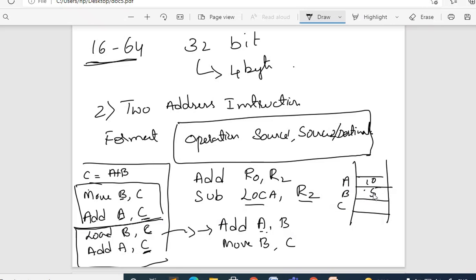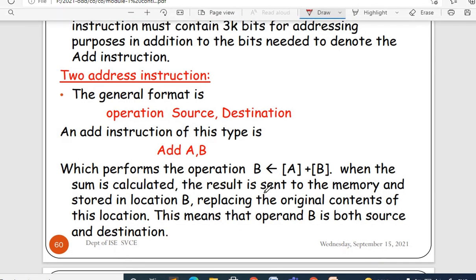According to this, you are loading the content of B to C. Then what are we doing? Add A to C. Already C has the content of B, so in C you are adding the content of C plus the content of A. So what you are getting is 5 plus 10, that is 15. 15 is stored into memory location C. So here the contents of A and B are unchanged. That is how you can write the instructions depending on the requirement.